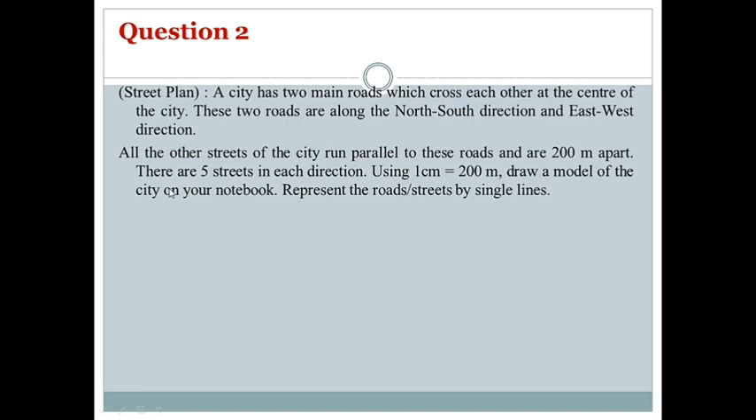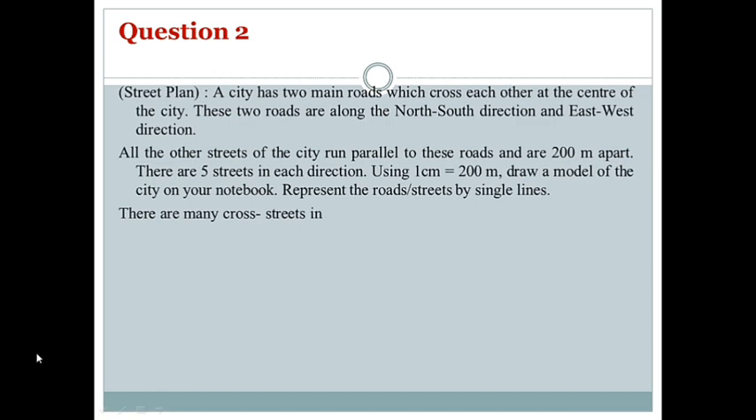So here it is given there are a total of 5 streets which are parallel to these two cross roads. So now here we have to use the scale as 1 centimeter, which represents 200 meters. Okay, and by using this we have to draw a model in our notebook. After that, represent the roads or streets by a single line. So whatever roads and streets are given, we have to represent them by single lines. Then next,